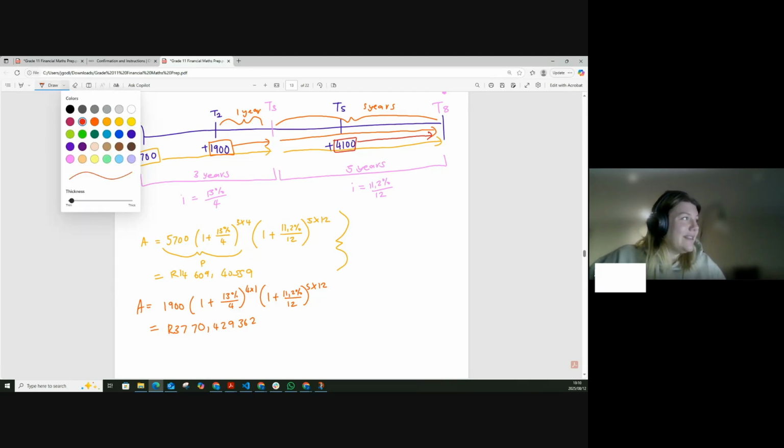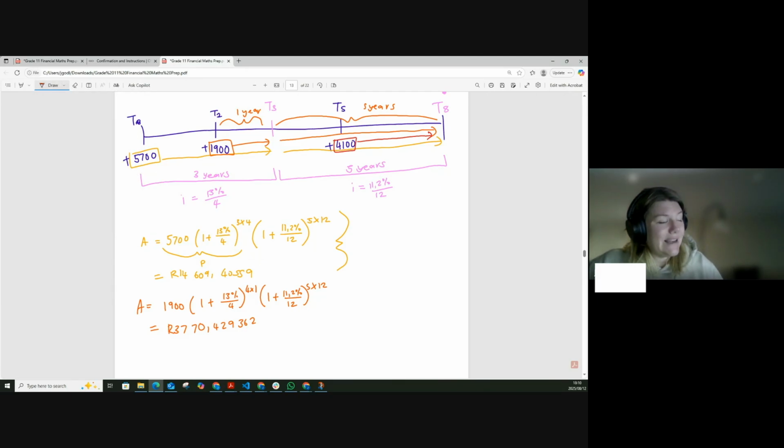Then we look at the red's journey. The red didn't deal with this interest rate at all. The red's journey only had 3 years at this new interest rate. So my red's journey was 4,100 Rand, 1 plus 11.2% over 12 for 3 years compounded monthly. So that's going to give me